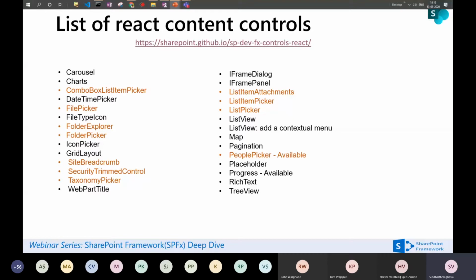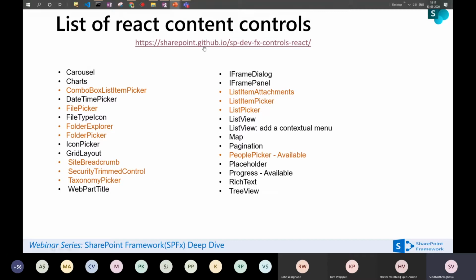But what we have to do is manually write our own code to get the data from SharePoint, or not only SharePoint, you can use any data source like Graph API, your custom web API or your Azure Function API, and populate it into the control. So understand these are basically controls. When I say controls, it's more like the HTML controls which we have, like input, drop down, choice or radio button. These are similar controls, but they have additional features.